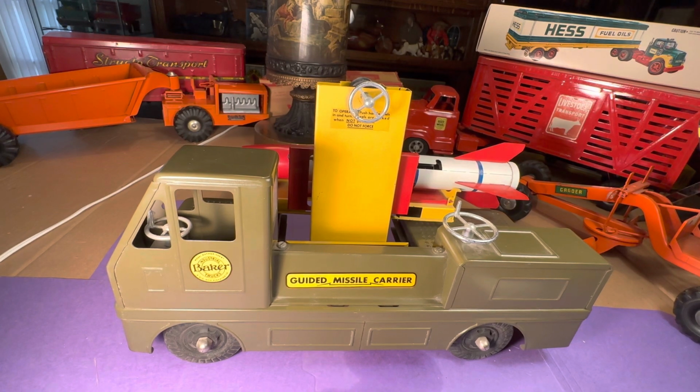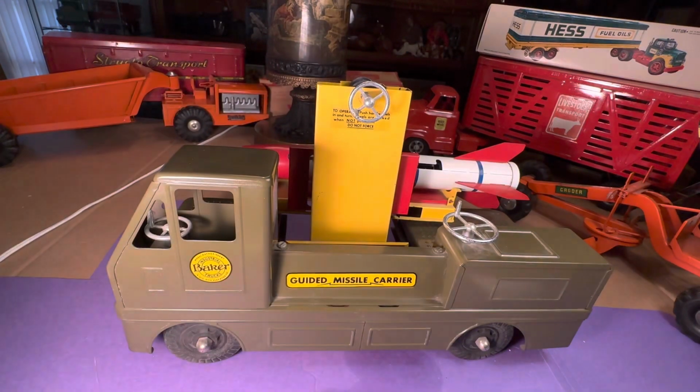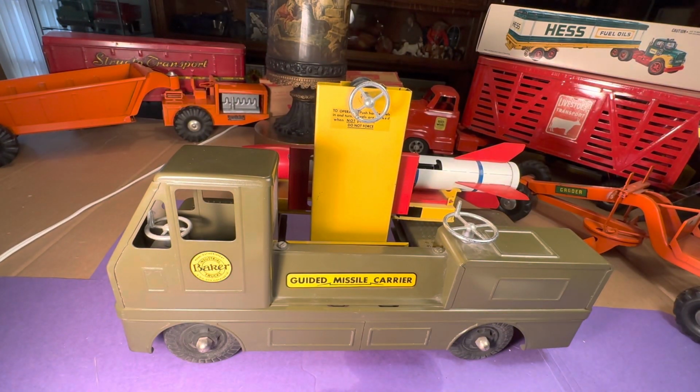I'm reading from the McElwee's Collector Guide. Great book. This was published, I think, in '93. This is a particularly well-made toy. Apparently it sold well because you see a fair number of the trucks around today. Having said this, today's collectors don't beat the doors down to get one of these. This kind of toy is not the sort of thing toy trucks and construction vehicle collectors feel is essential to